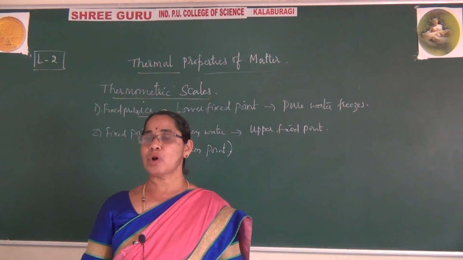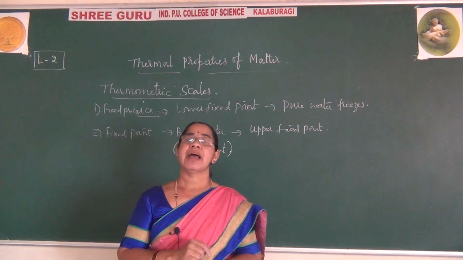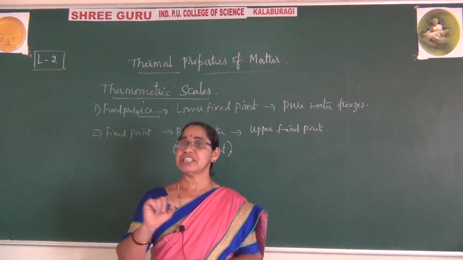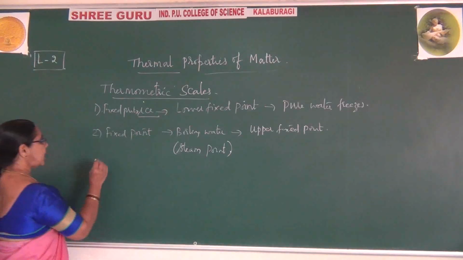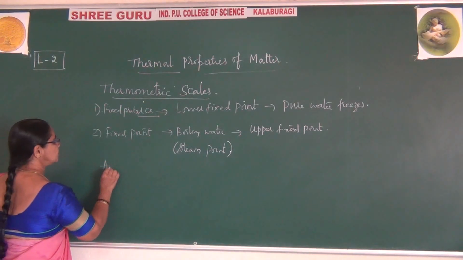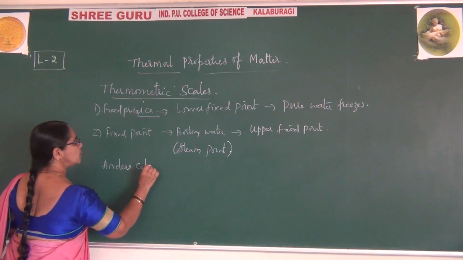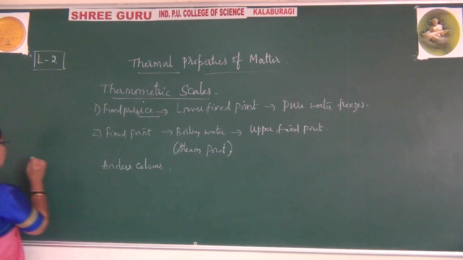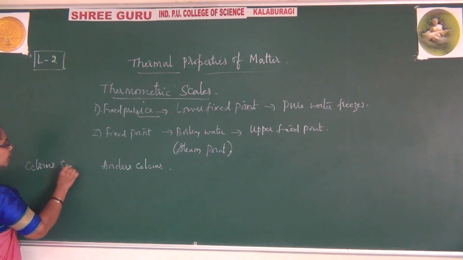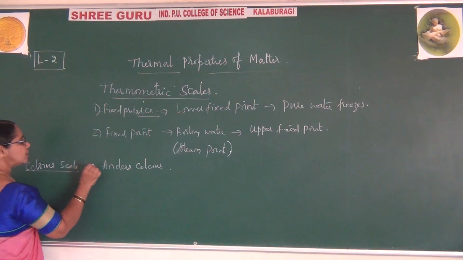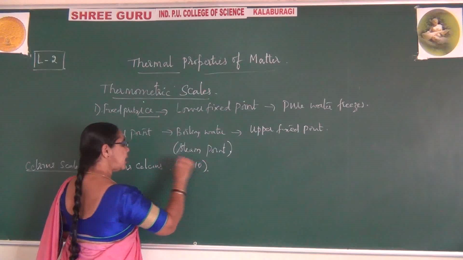One is by the name of Anders Celsius. He has designed one scale, and for that scale we call it the Celsius scale. So please observe, a scientist by name Anders Celsius. So for this scale we call it the Celsius scale. A scientist by name Anders Celsius designed this in the early 1710s, and he has